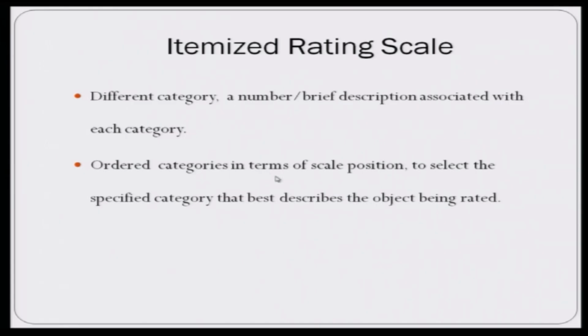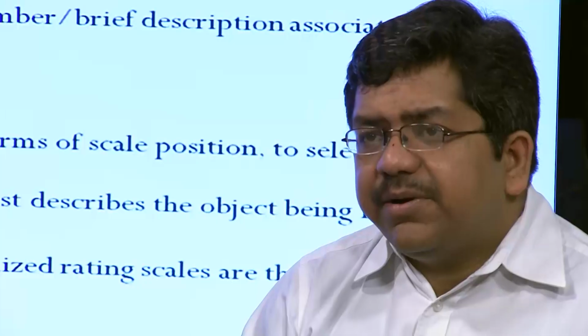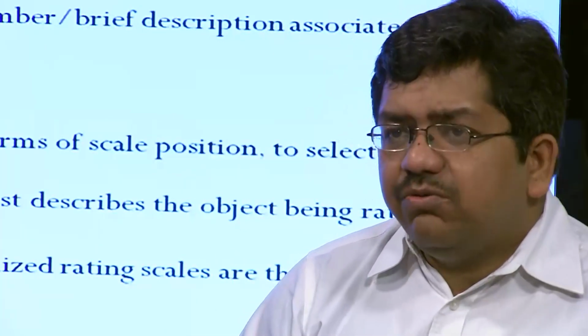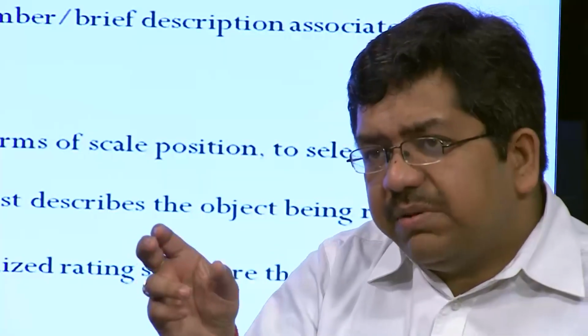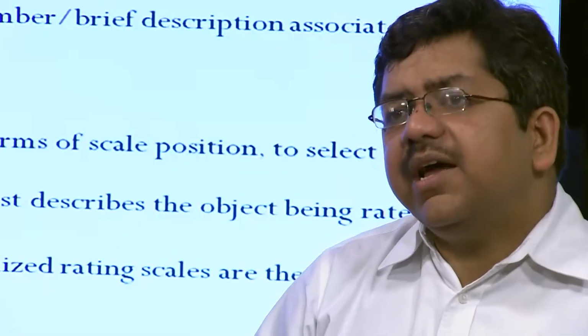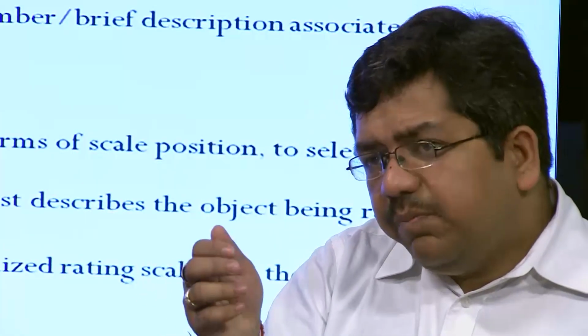Ordered categories in terms of scale positions are used to select the specified categories that best describe the objects being rated, and the commonly used itemized scales are generally the Likert type scale and the semantic differential scale. So, to capture the property of an object, the level of a property that is inherent in an object, you create certain categories. You basically create a sort of intervals within which a property lies, and across these different categories you compare or